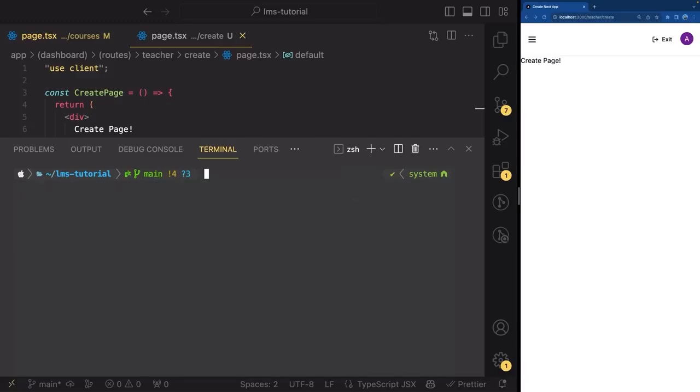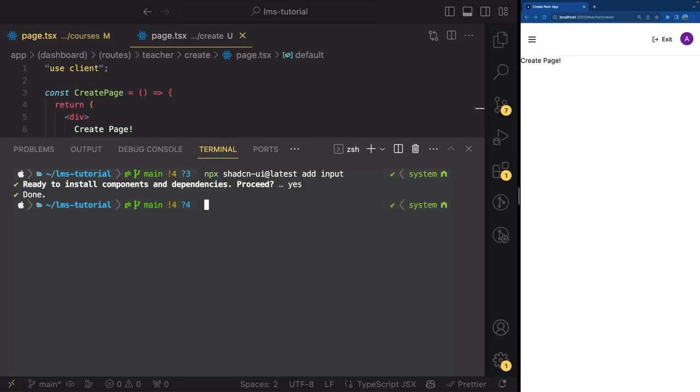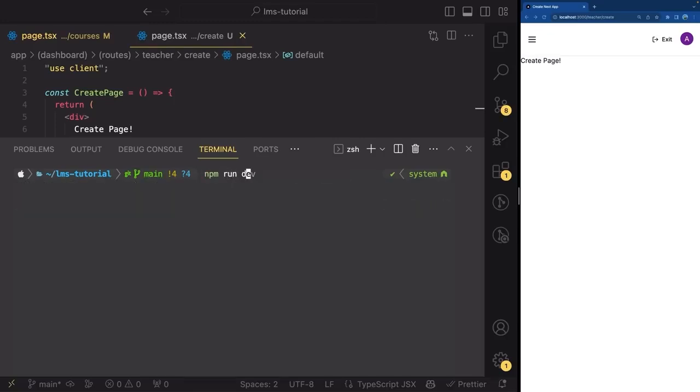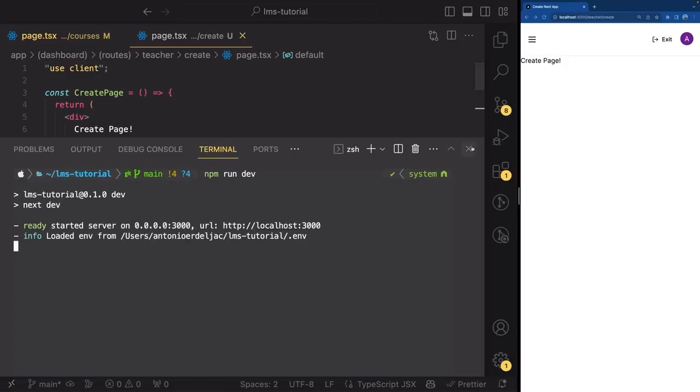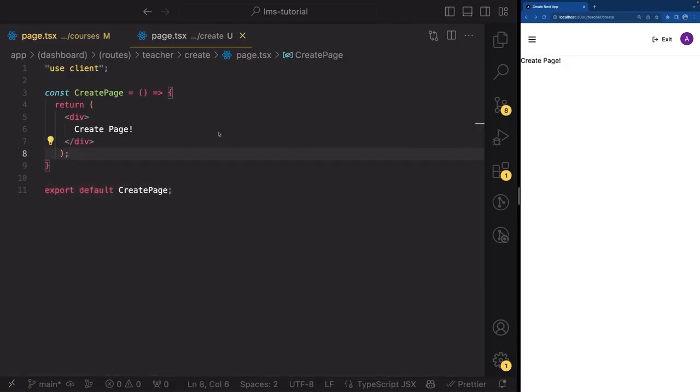Now let's write npx shadcn-ui@latest add input like this, because we're also going to need an input, which comes separately. After we are ready, we can go ahead and run dev again. Great. Now let's go back and make sure you're inside of your create page right here, and let's add some